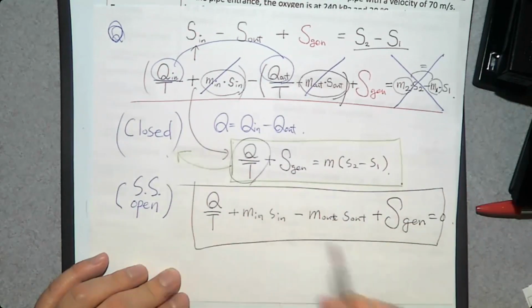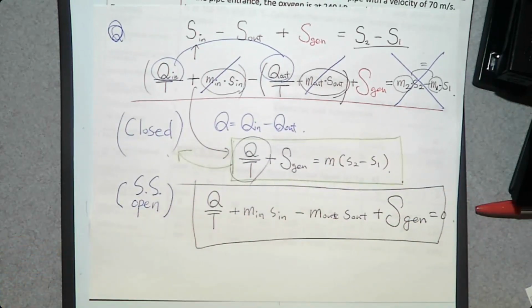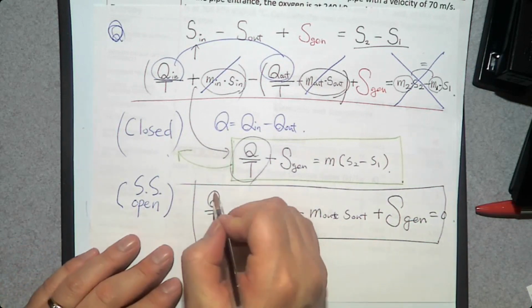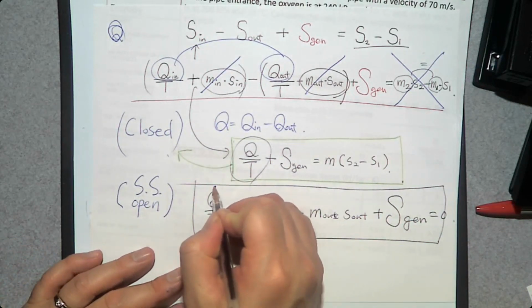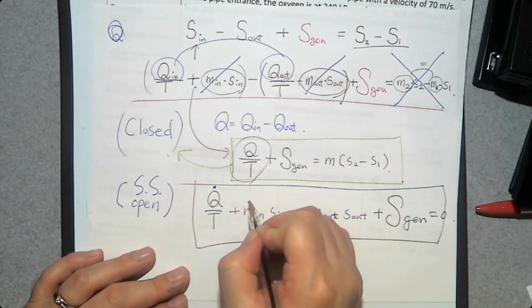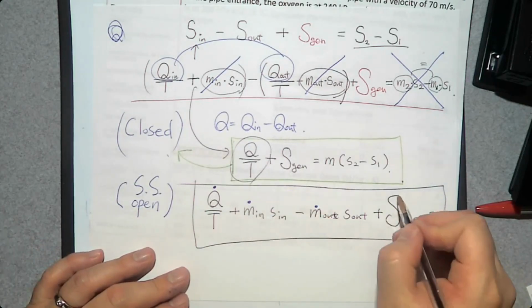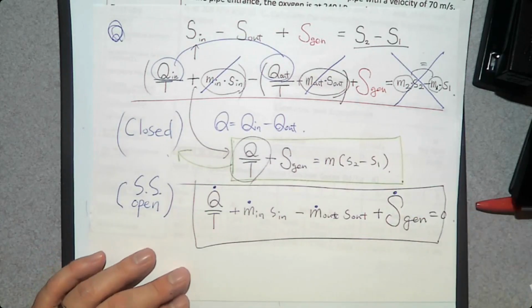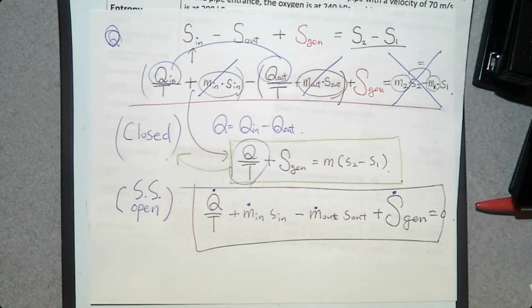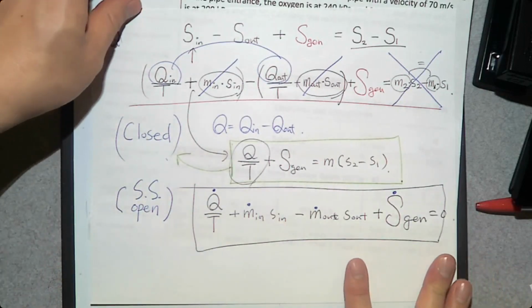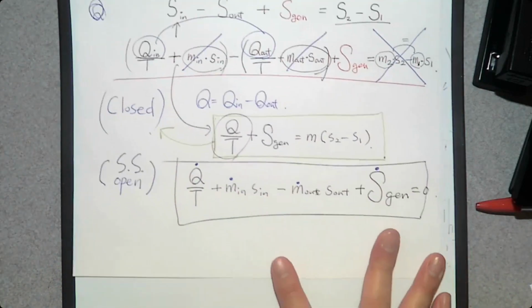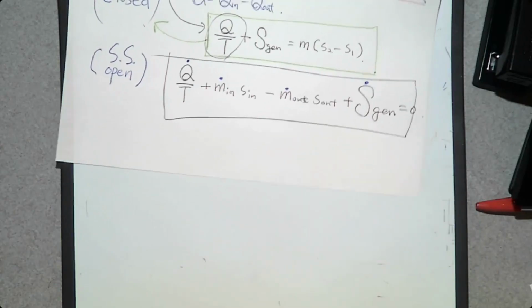But when we talk about steady state open system in chapter 4, it was convenient to use the rate form. So why don't we say Q dot, M dot, S dot. So this is the entropy balance equation for an open system. So we have two equations. That's it. So based on these two equations,